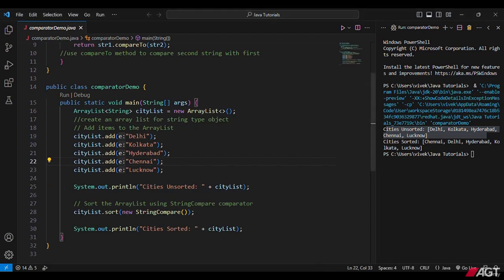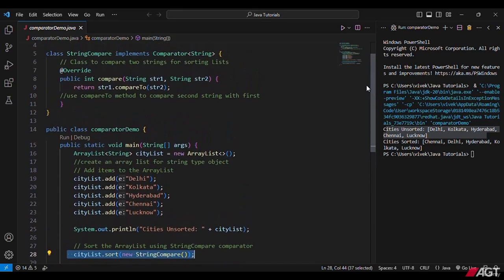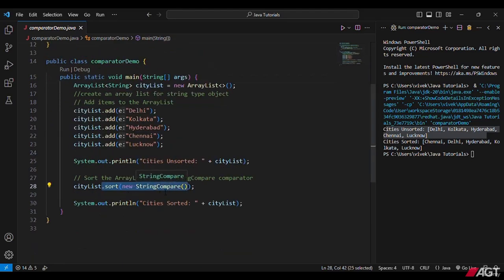Now sort the array list in alphabetical order using the method sort, and as an input argument we are passing the string comparator class object, which has already implemented the comparator interface and also implemented the method compare. So city list dot sort new string compare. Here we are calling the string compare class constructor. That means with the new we are passing the string compare class object as input argument to this sort